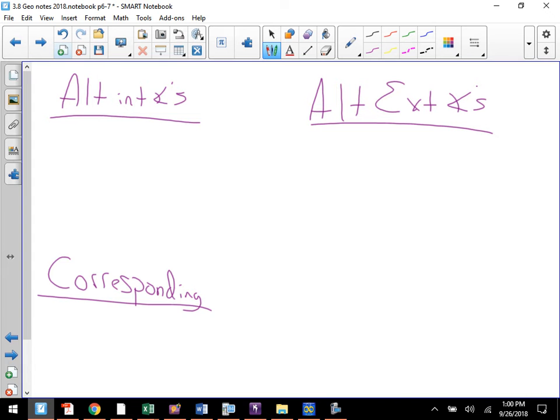And lastly was, we called them consecutive interior. So we had four of them. Okay. So with those four, what we always wanted to be able to do was identify what they looked like in a diagram, and then say what they were in terms of words. Okay. And I know we've done this a few times, so it shouldn't be all that difficult, but just as a refresher,